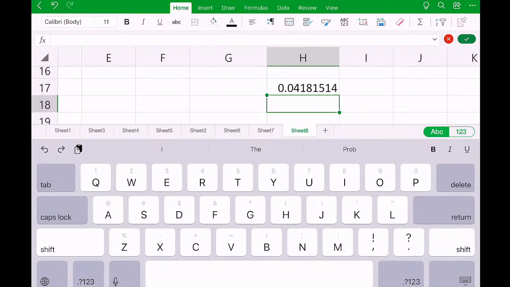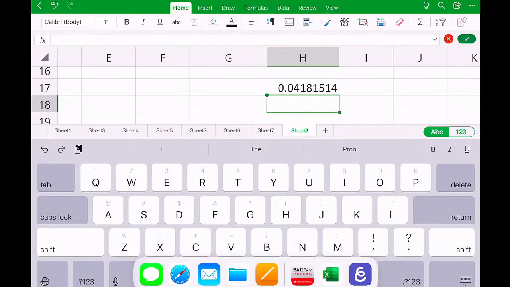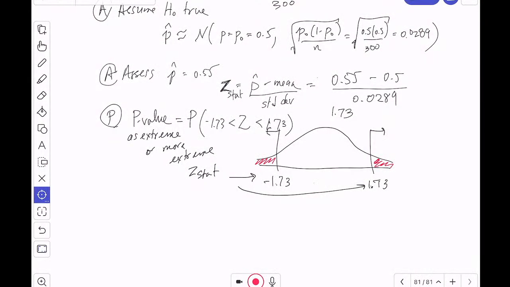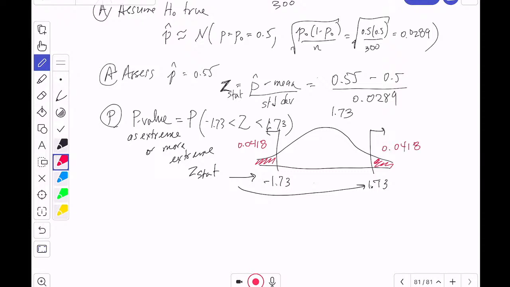And the answer is 0.0418. So this is 0.0418. But also this is 0.418. And what happens is